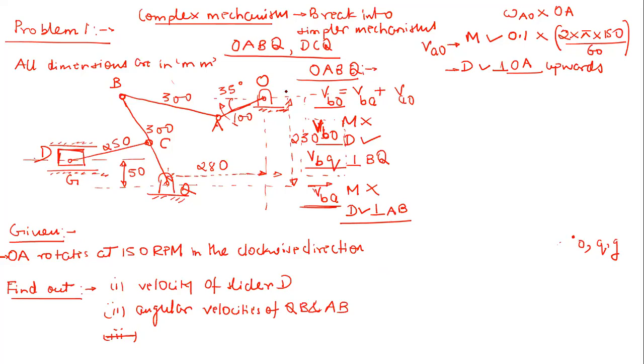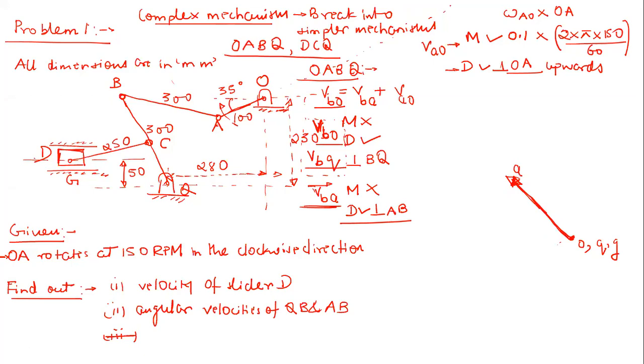So now this should be perpendicular to this OA. You should always use some roller scale or something, but right now, since it is not possible for me to show this here, I'm just drawing it roughly. So it should be perpendicular to this OA, so it will be something like this. Right? So this is your VAO, correct?